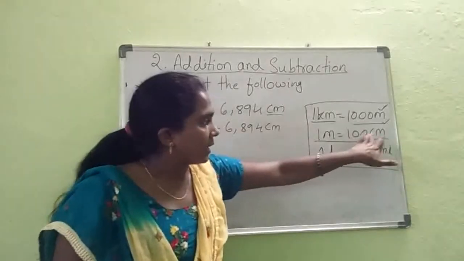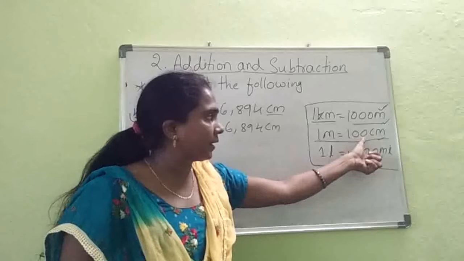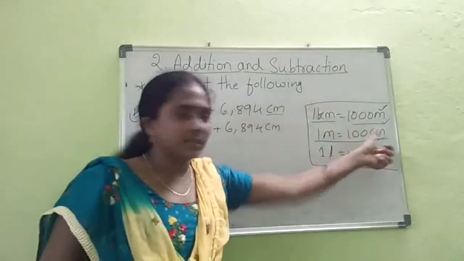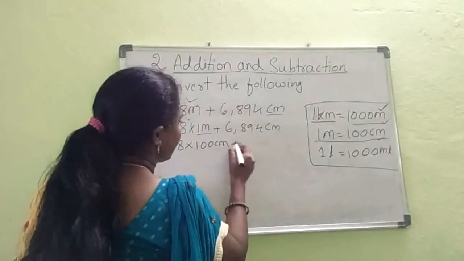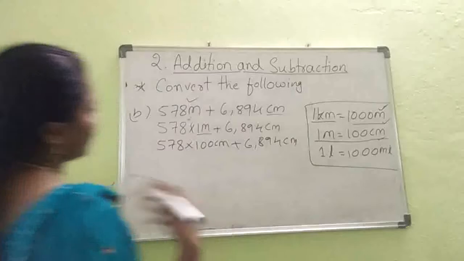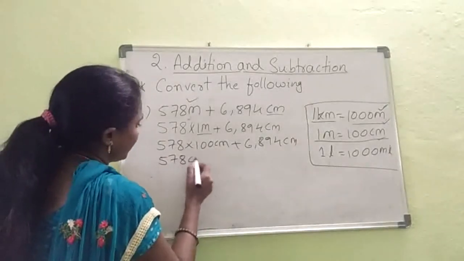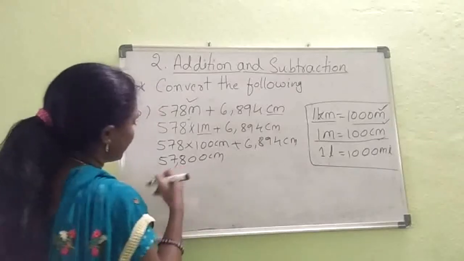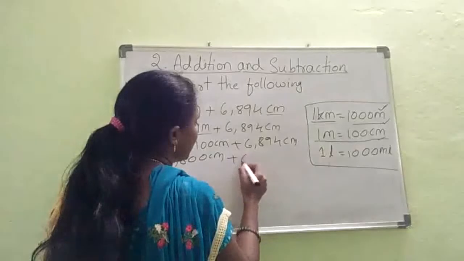That is 100 centimeters. That means in place of 1 meter, I can write 100 centimeters. Right? Next, 57,800 centimeters plus